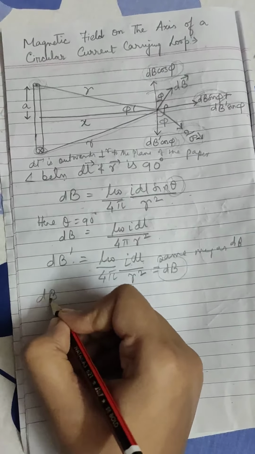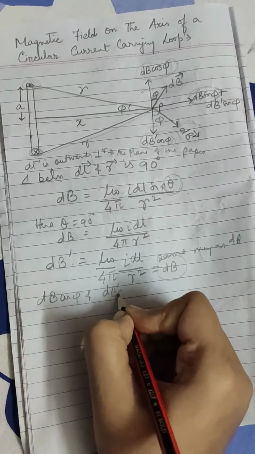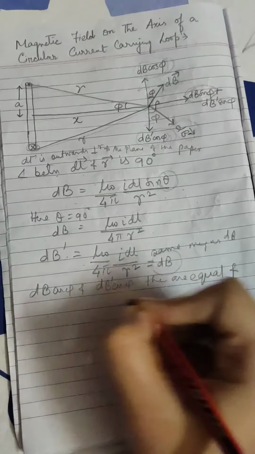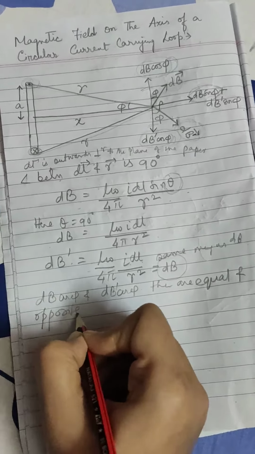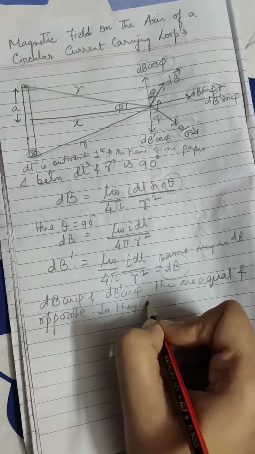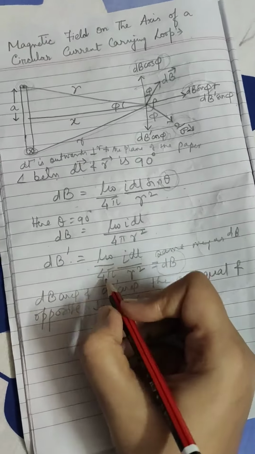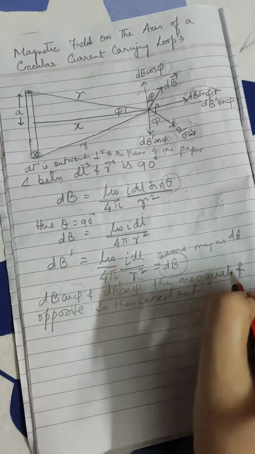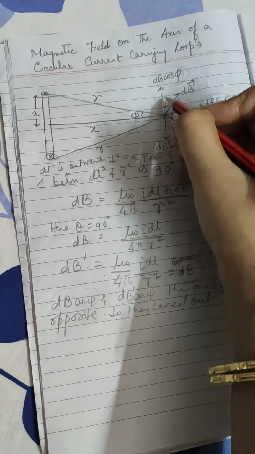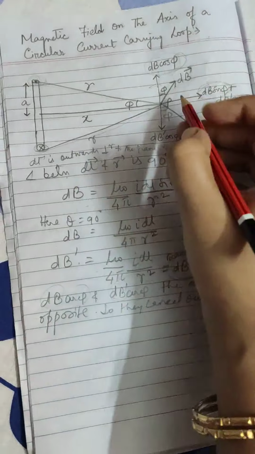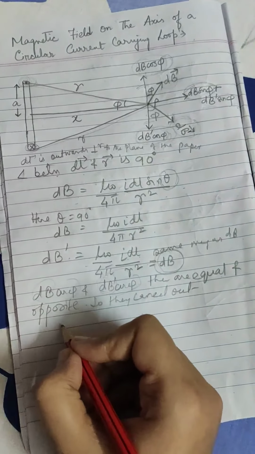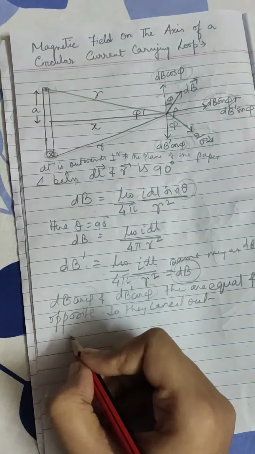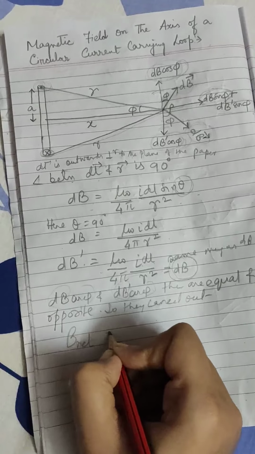Because dB prime is equal to dB, they are equal and opposite. dB sin phi and dB prime sin phi are of the same magnitude and directed along the same direction, so they add up. So the net magnetic field due to the entire circular element